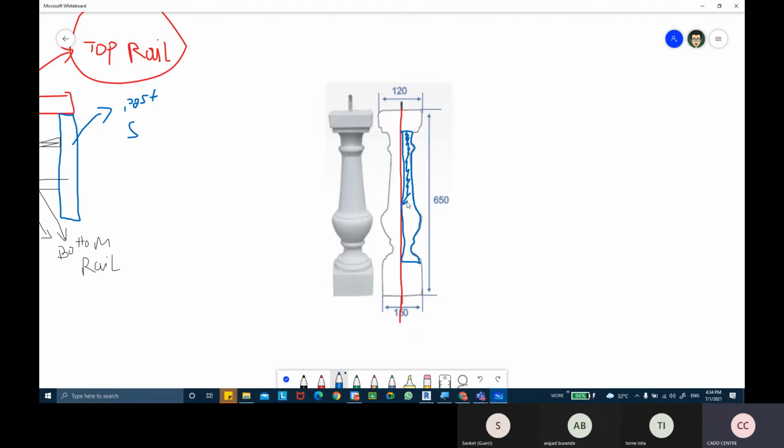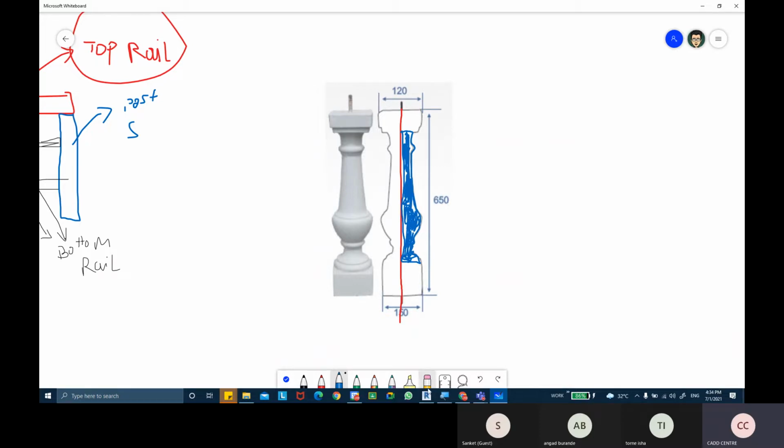This much portion needs to be created, the one that I've marked in blue. It's just half of the object, not complete. So we just need to create half of the shape and then apply this option, so it will automatically convert that profile into a revolved object. Okay, so to do that,